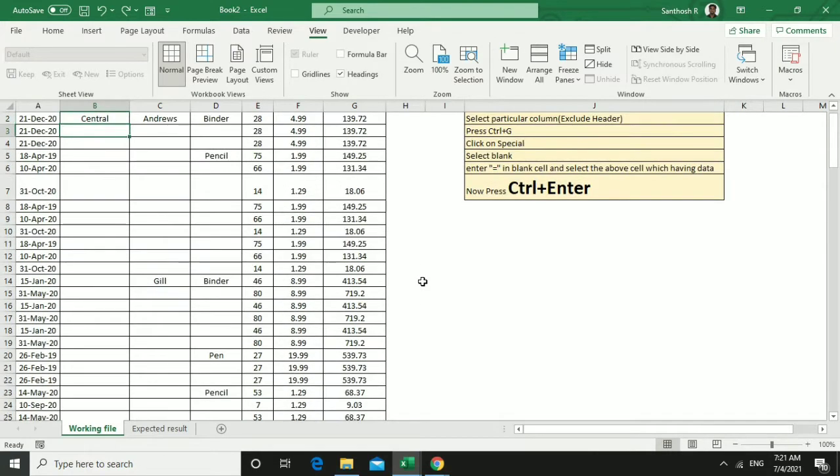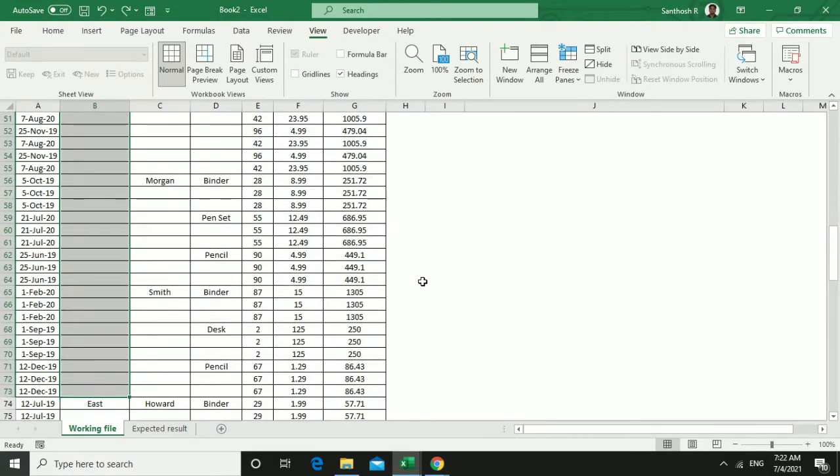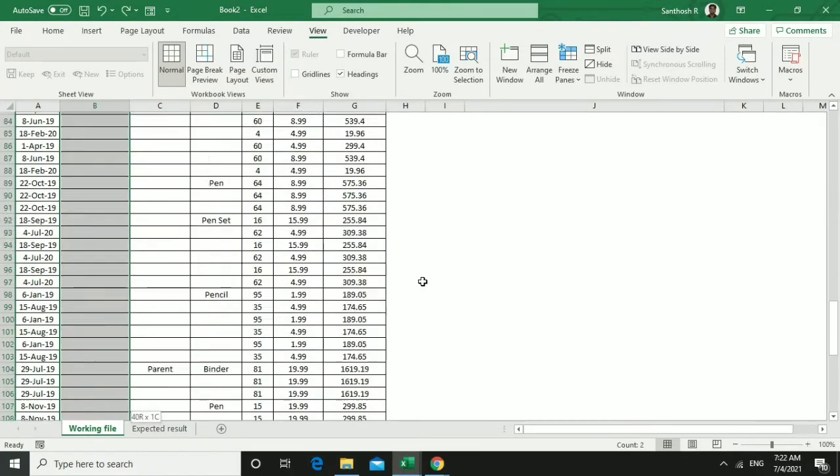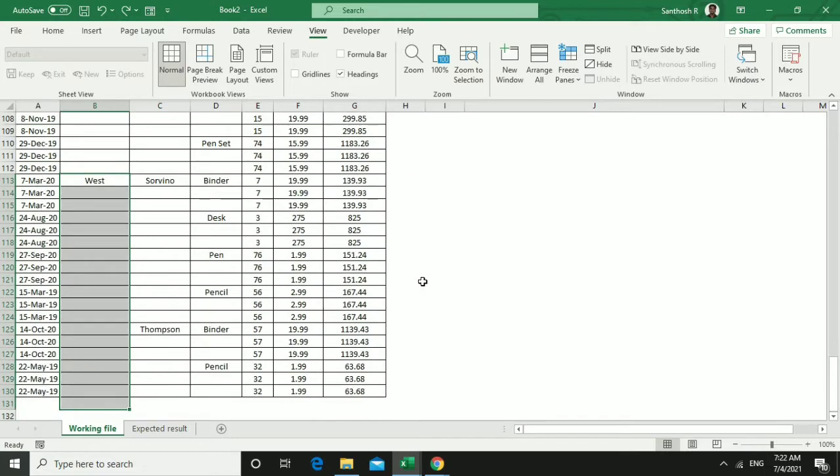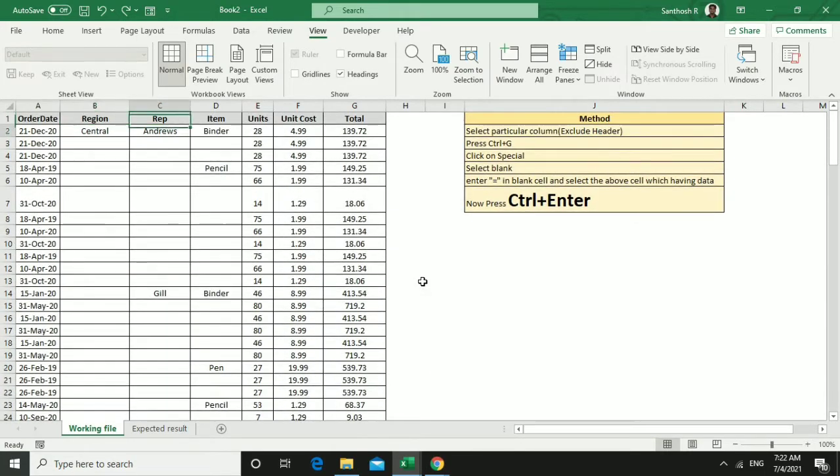That means till here it is for central, and the rest for east and other things for west. Like the same for reps also. Here it will come Andrews, who purchased binder and pencil from central region, like that.